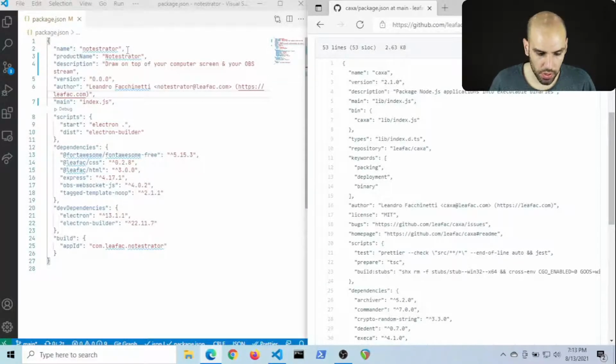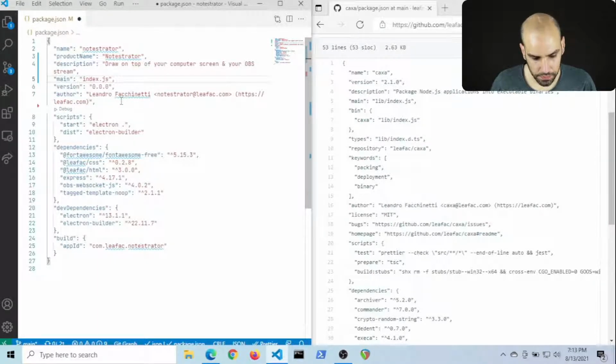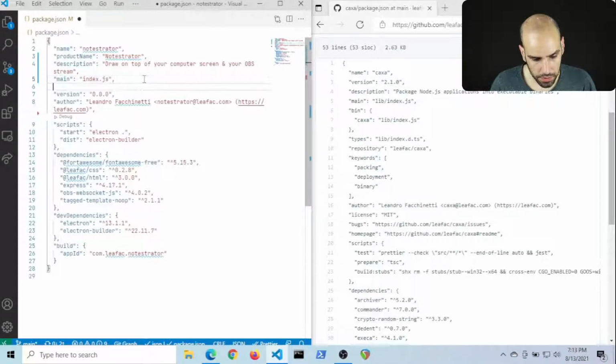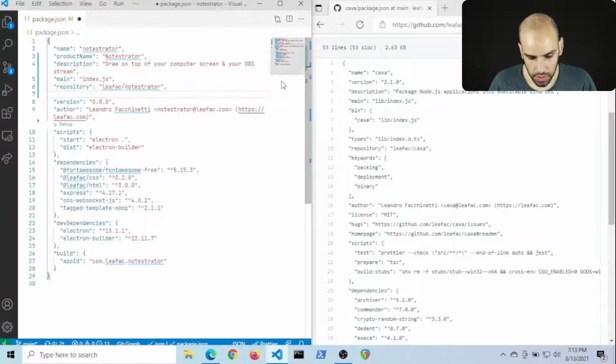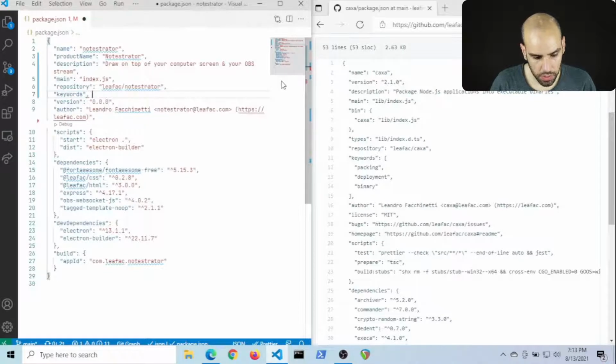So name and product name, that's an Electron special thing. And description, then main. Then bin, then types, then repository. In terms of keywords, what do we want for keywords?